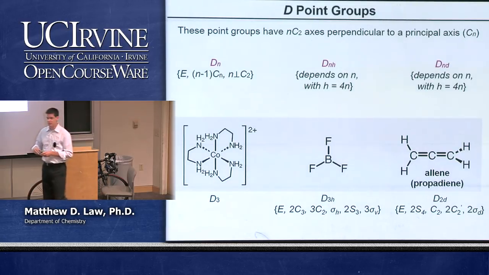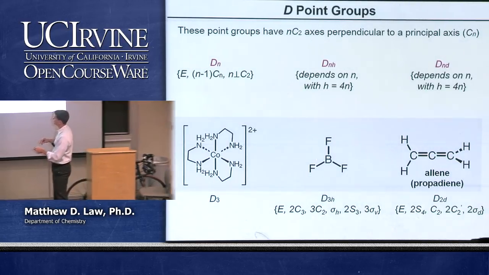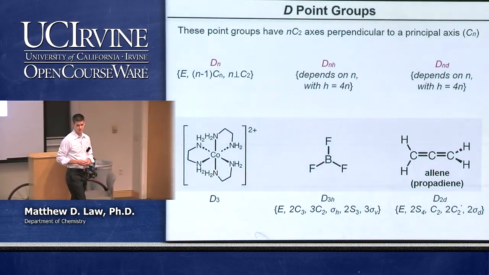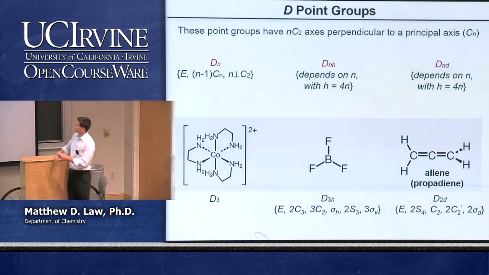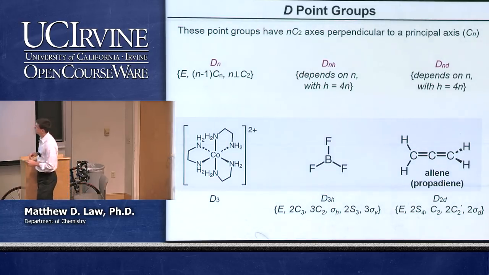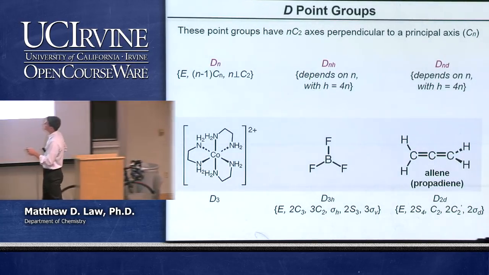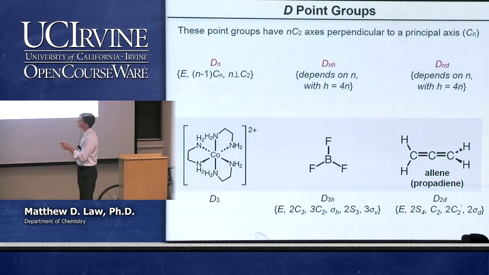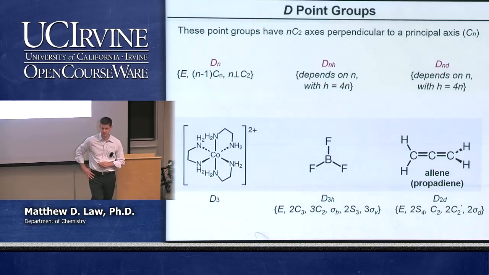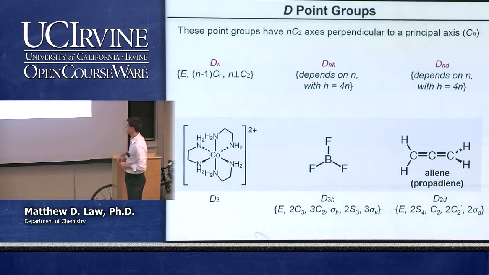All right, let's say now that we have a flat molecule like this, BF3. Okay. We're obviously going to have now mirror planes that are going to pop up. So we have, in this particular case, a horizontal mirror plane, a mirror plane in the plane of the board that's perpendicular to the principal axis, which is coming out at you, the C3 axis. Okay. So the number of symmetry operations is, again, going to depend on n, and this is how the order relates to n. The order is equal to 4 times the order of the principal axis.